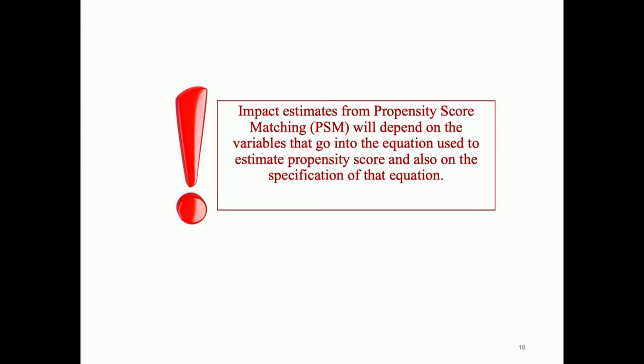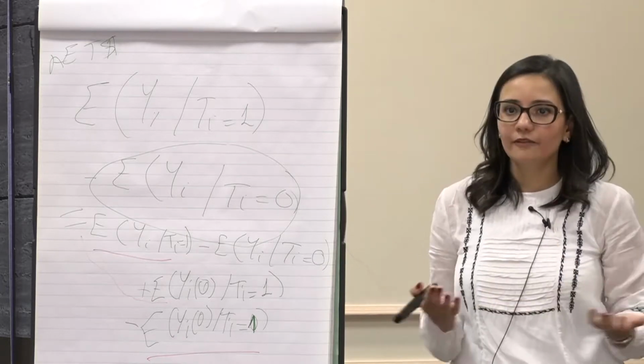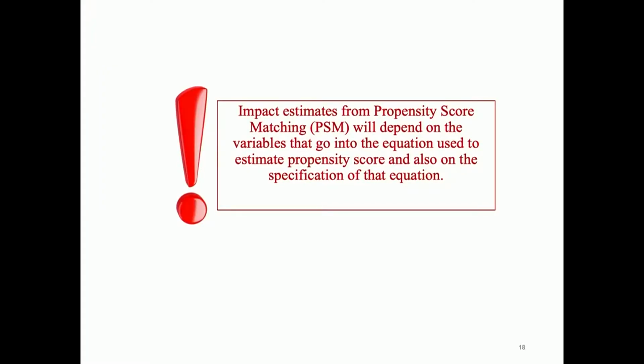From all I said until now, the estimate of the impact of any given situation or program on the outcome of interest, if we use PSM, will depend on the choice of the X's, on whether there is a large enough common support area, and on how we match the individuals together. So the first step is which X's you choose. Second, you calculate the propensity score. Third, how you match them. We'll see that there are